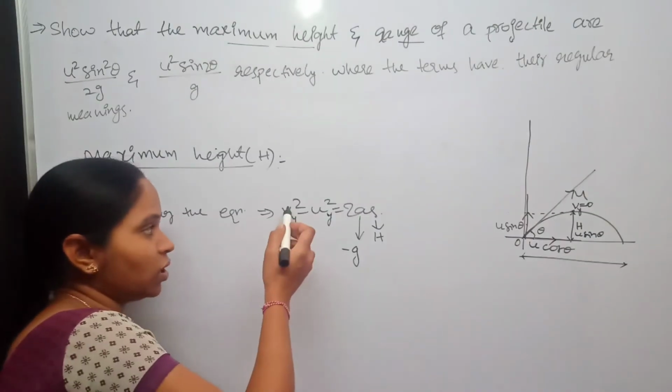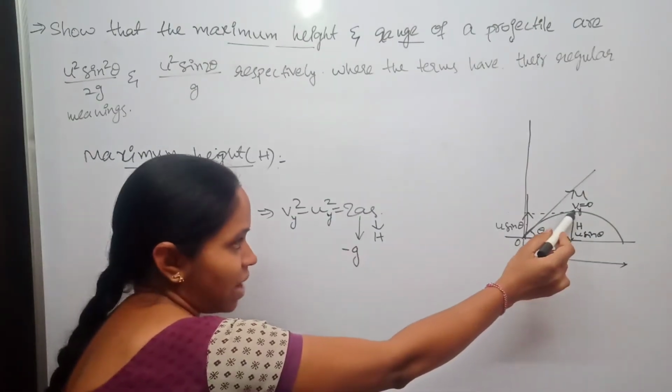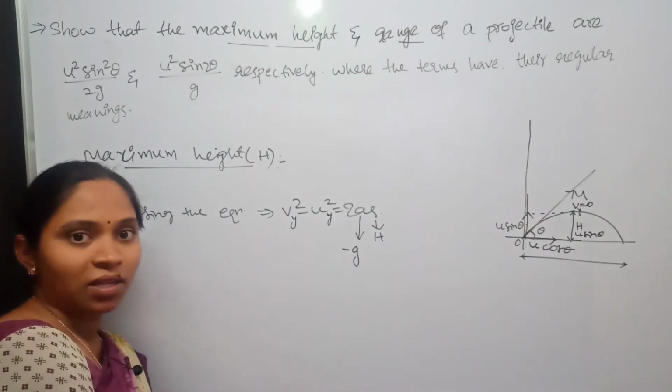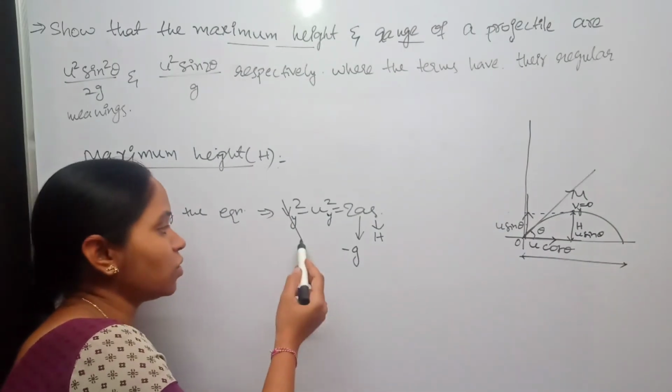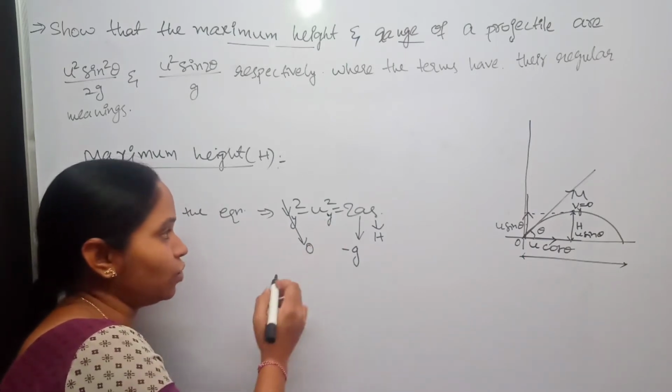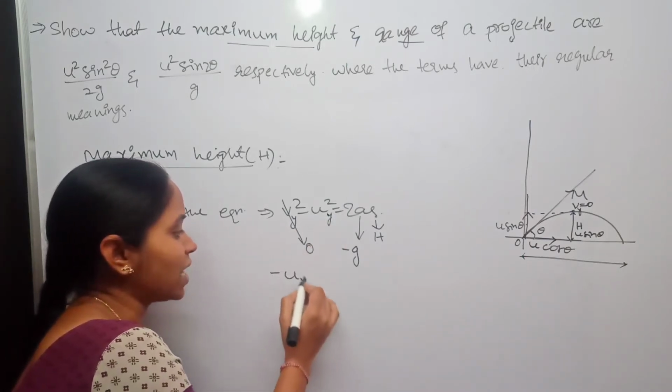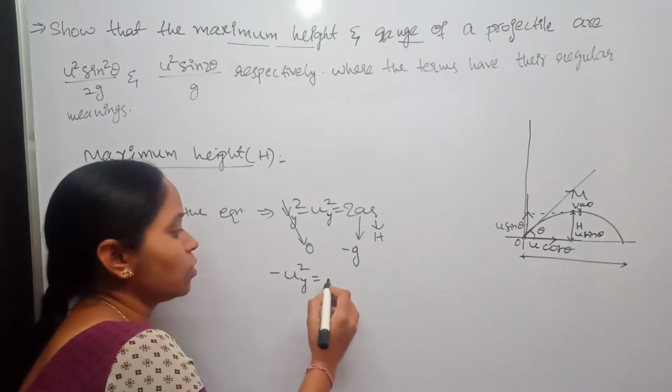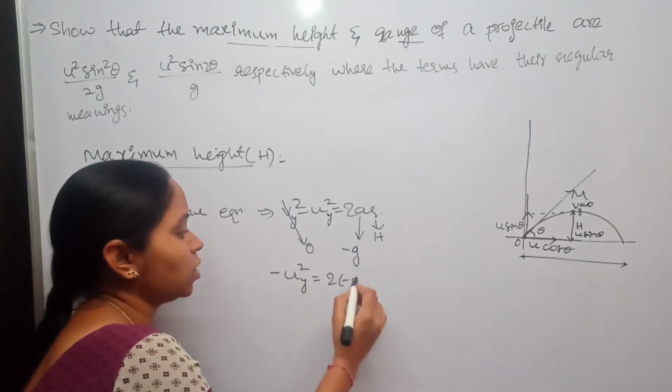Okay, and we know that at this maximum height, the velocity will be equal to 0, and you are left with minus uy square equals to 2 times of minus g into h,